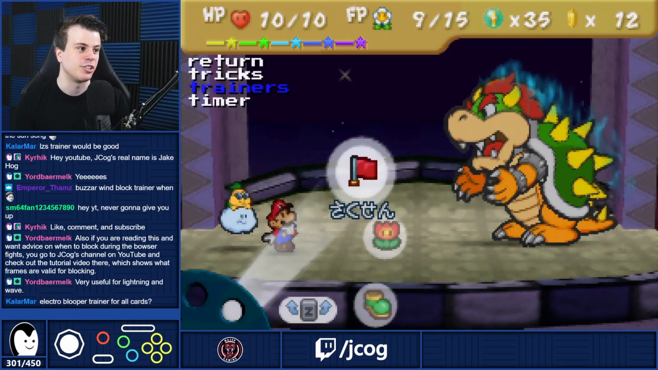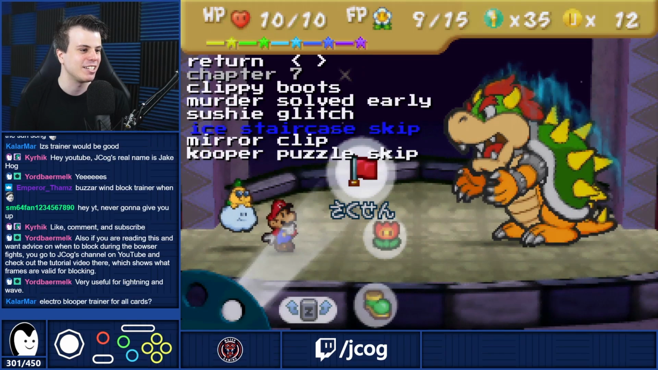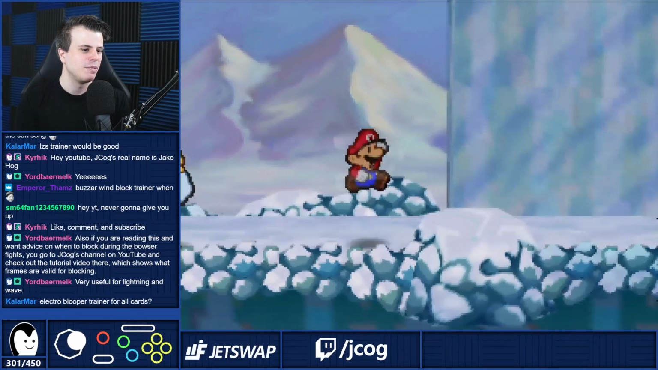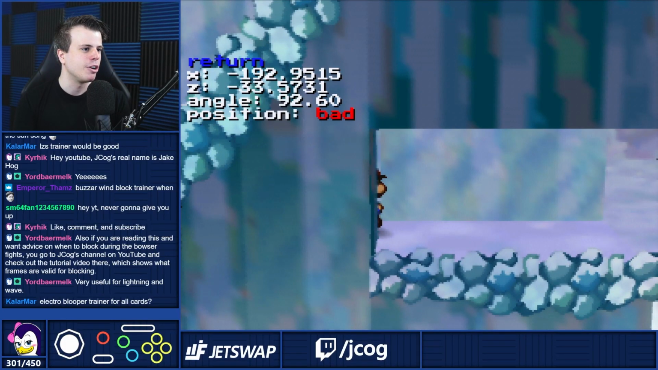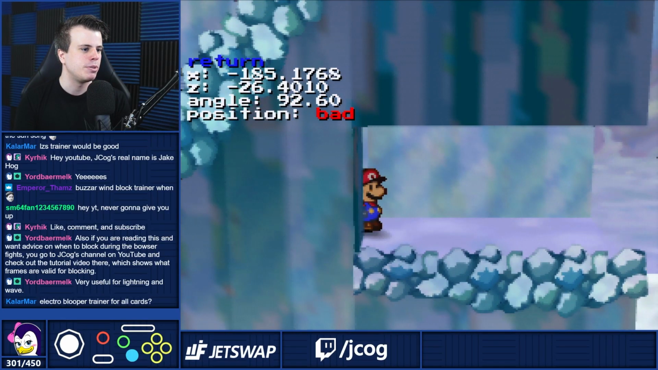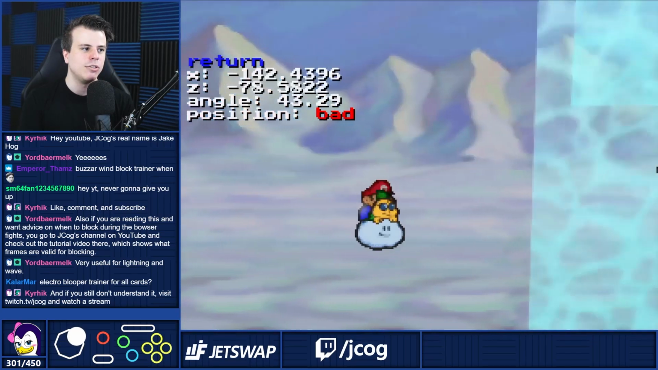So this is a good chance to show off the tricks menu. If I go here, go to chapter 7, Ice Staircase Skip. And so then we go over here, and what this trainer does, if you bring it up, is show you when you are in a good position to clip. So you can see it can either be good, inconsistent, or bad. So like if I hop on Lackey right here and hold upright,